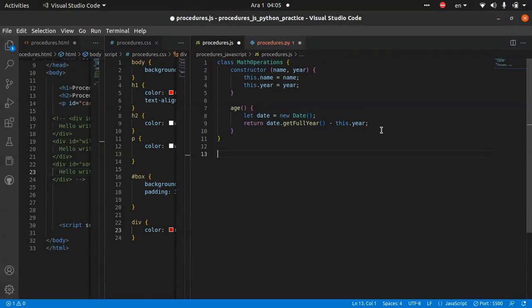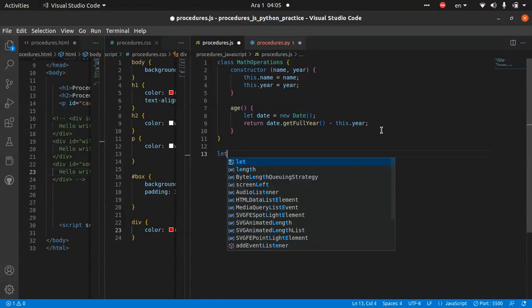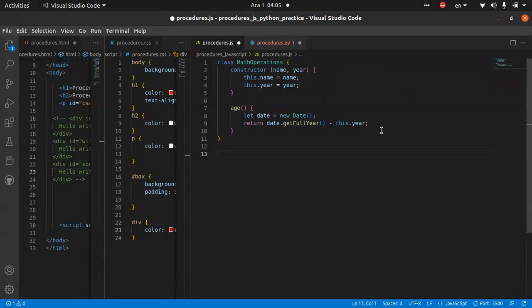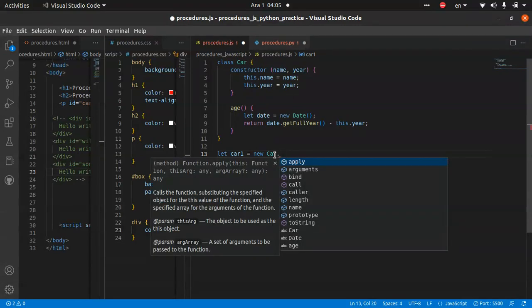Okay, and what if we say let? Let is like var. Something const is a little different. Let's say car one, exactly, new, then come here. What is this? Let's say for a car. So new, and say car, and just call the